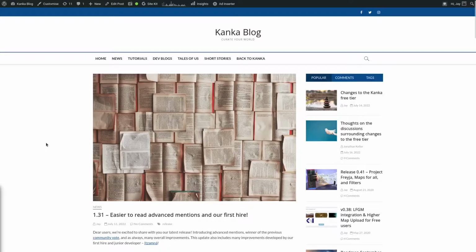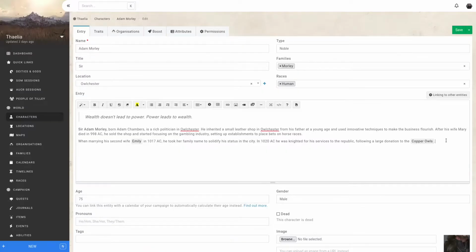One of the main new features is that advanced mentions become way easier. Previously, using advanced mentions would be a bit of a pain to have a good overview of while you're editing. From now on, when using an advanced mention using this symbol and typing the first three letters of a character,